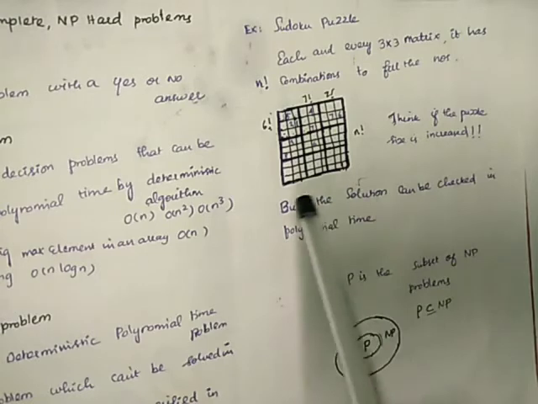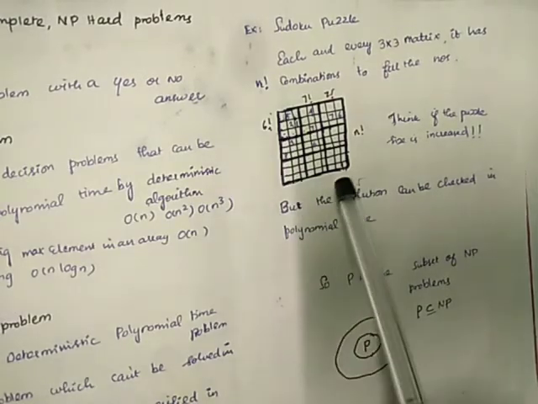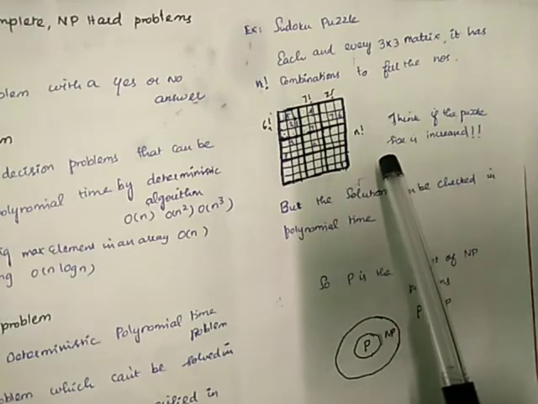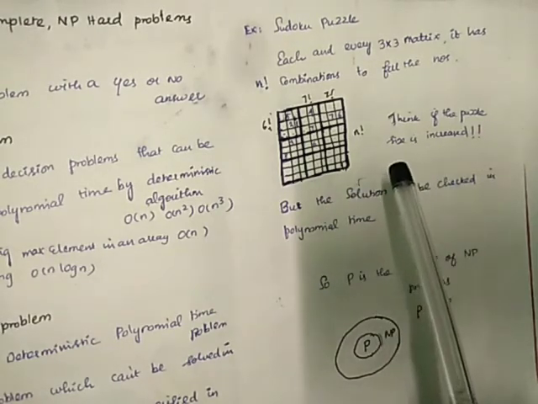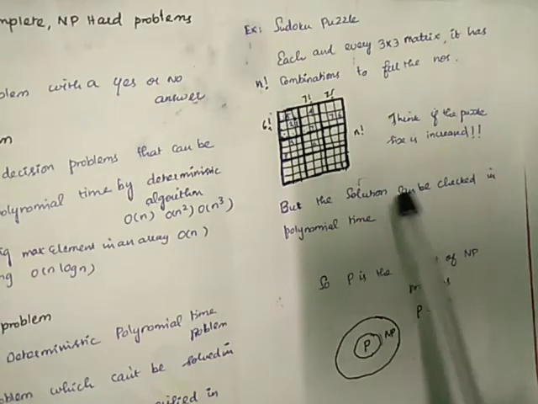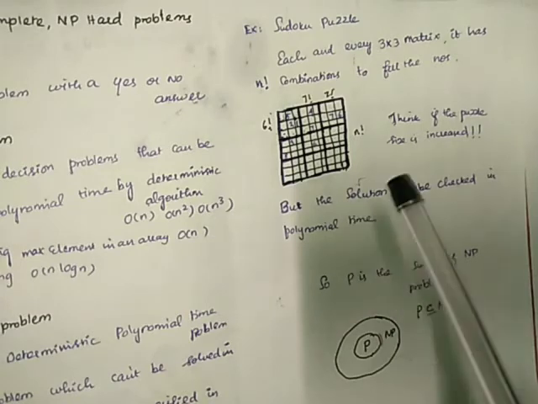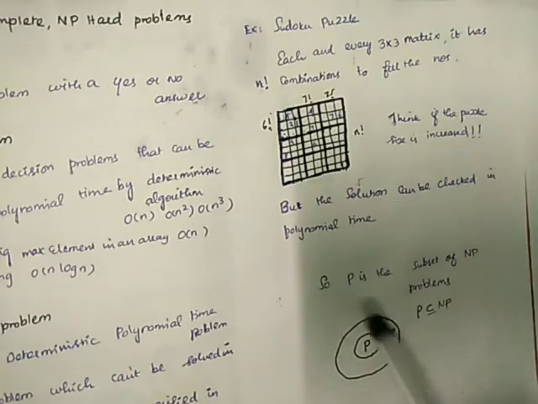But if you are solving this problem and the solution is given for any one of the problems to check whether the solution is correct or not, this verification can be done within polynomial time. So this kind of problem is known as a non-deterministic polynomial time problem. So basically, polynomial time problems are a subset of non-deterministic polynomial problems, because normally we have taken every problem as